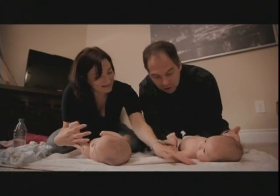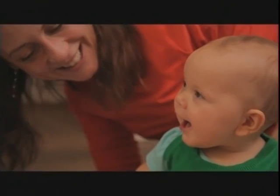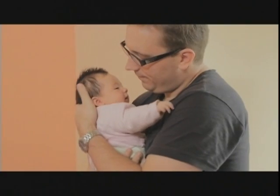Babies need lots of your loving care and attention for healthy development. Encouraging smiles and smiling back, picking them up when they cry,